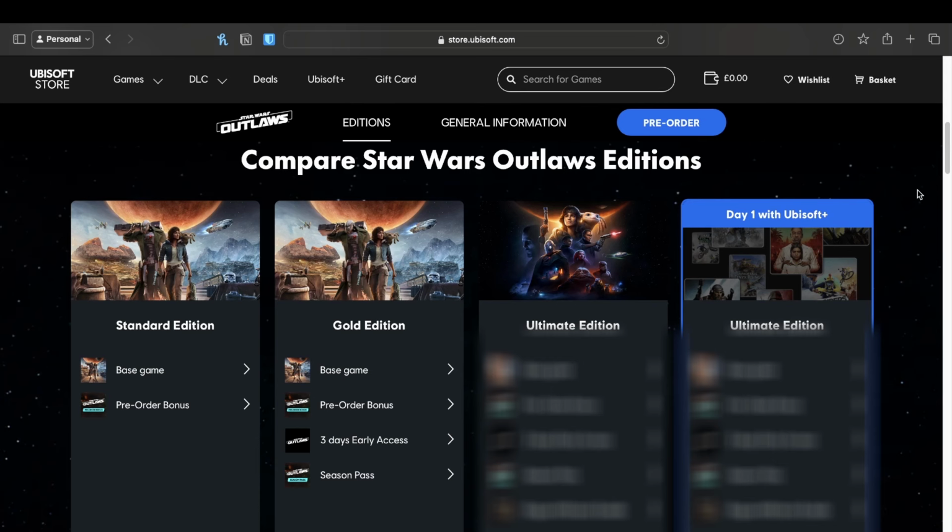Next up is the Gold Edition, which includes the base game, the pre-order bonus, and do you know how I mentioned the initial release date is the 27th? Well, this is where it comes in, because you get the 3 days early access. Instead of having access to the game on a Friday, you now get the game on the Tuesday, the 27th